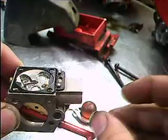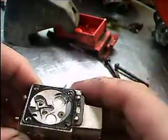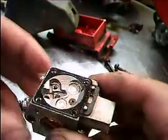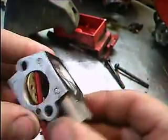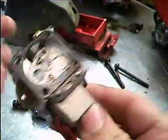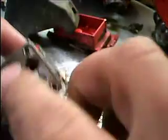When your piston travels up in your cylinder, it reveals the vacuum that was created inside the crankcase. That vacuum creates an area of low pressure in the throat of the carburetor, which draws fuel from your needle and seat. Okay. When that occurs,